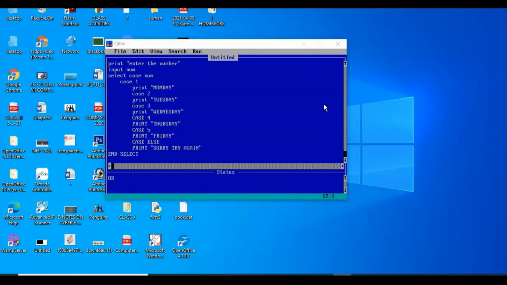Now, third question, write the syntax of if then else statement. Syntax means formula. Write the syntax of if then else statement. Am I clear, beta? Now, for syntax, all of you please come on page 56.